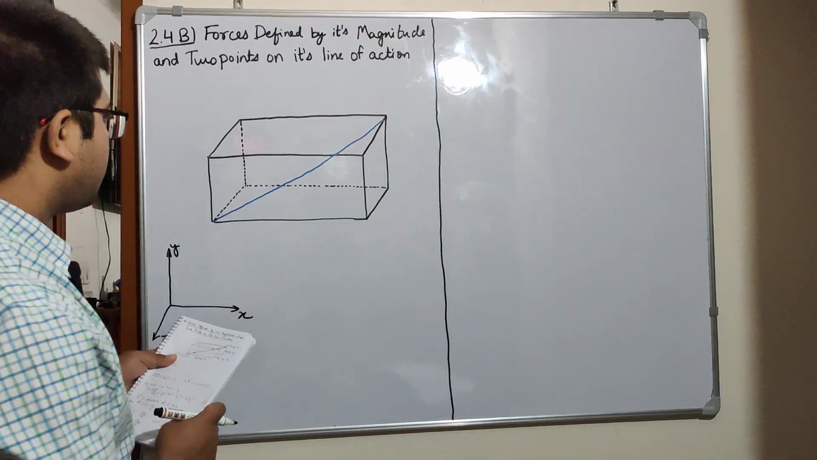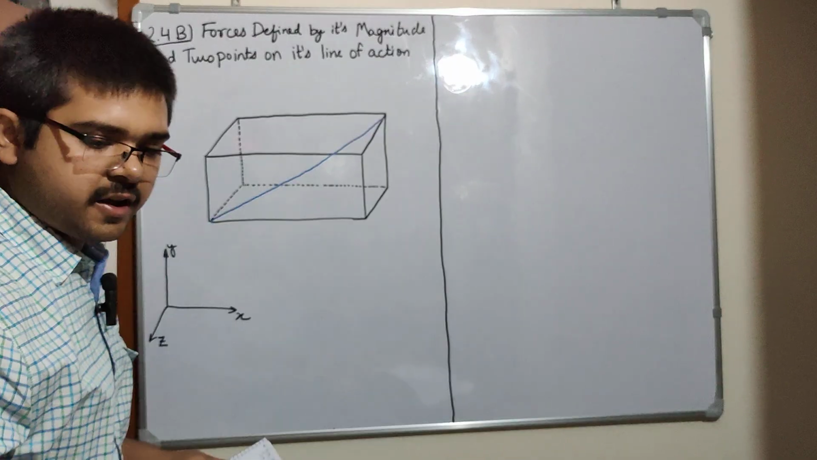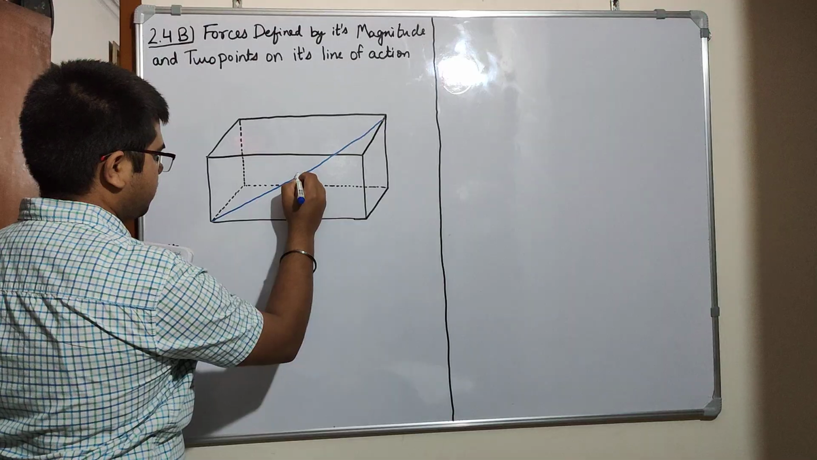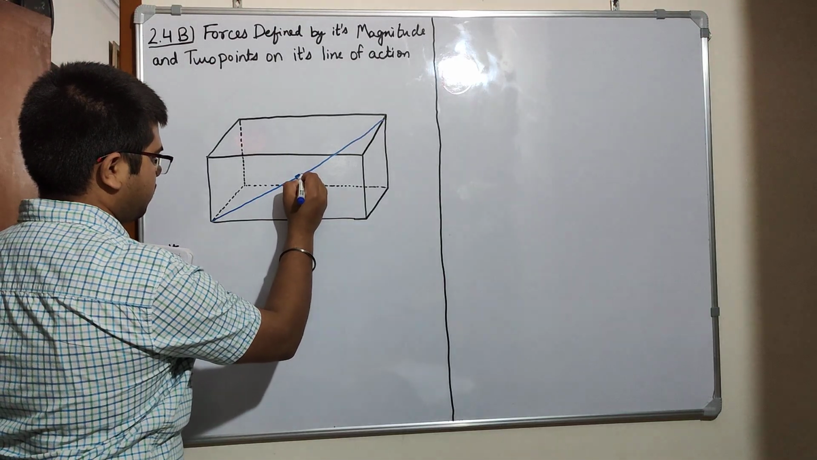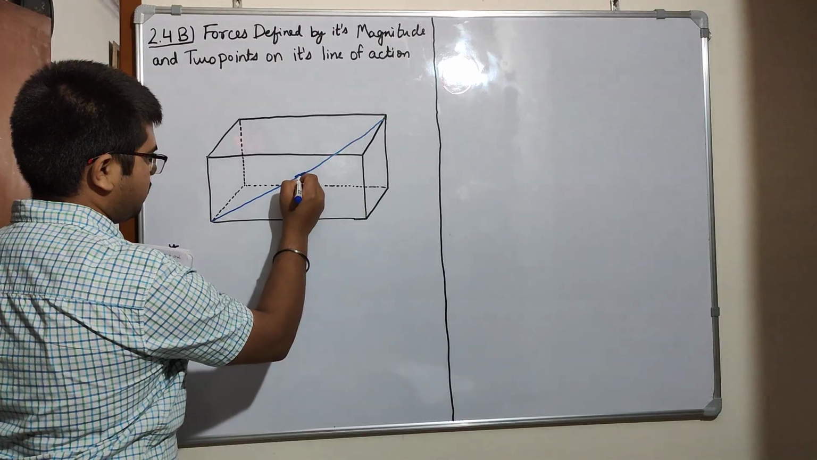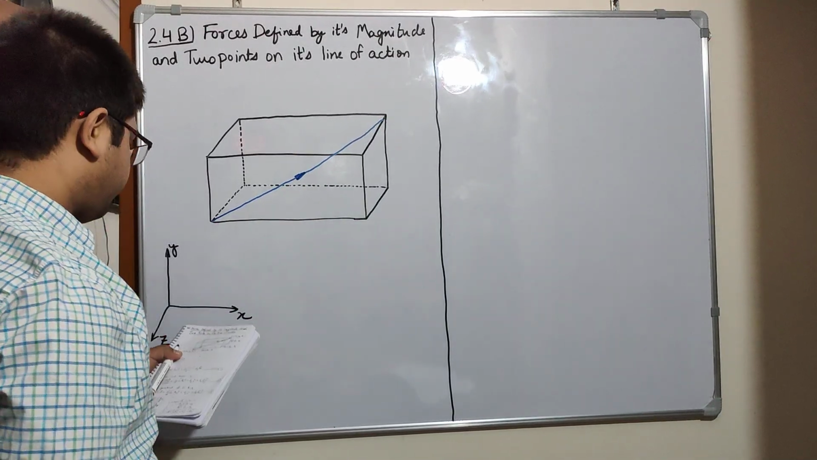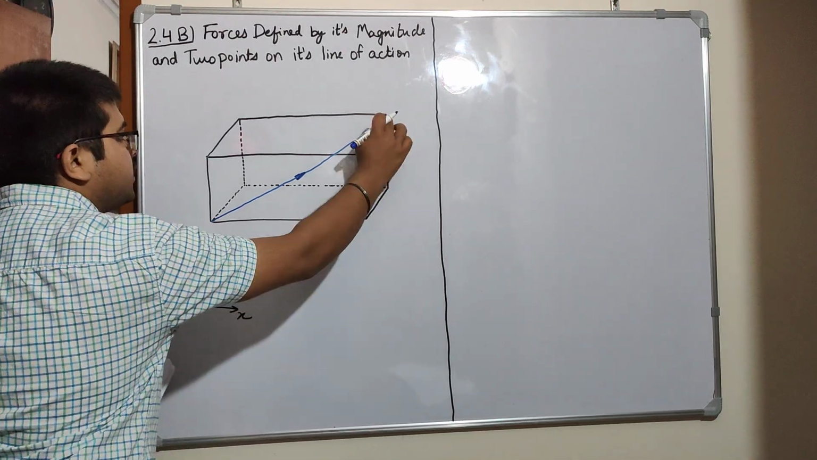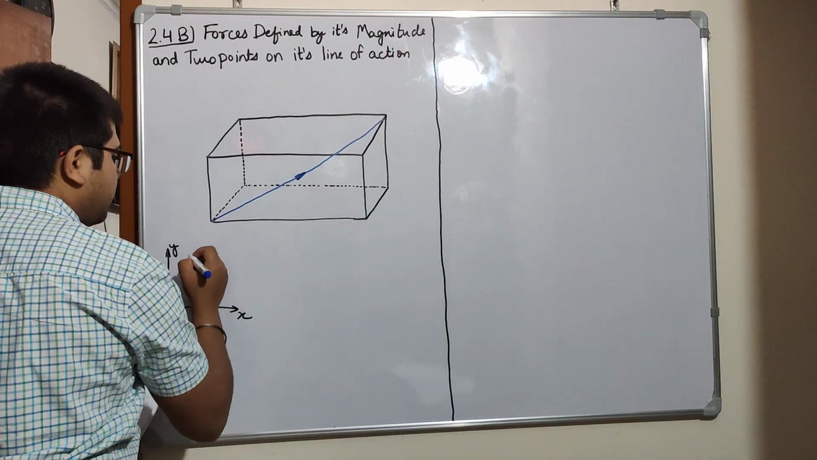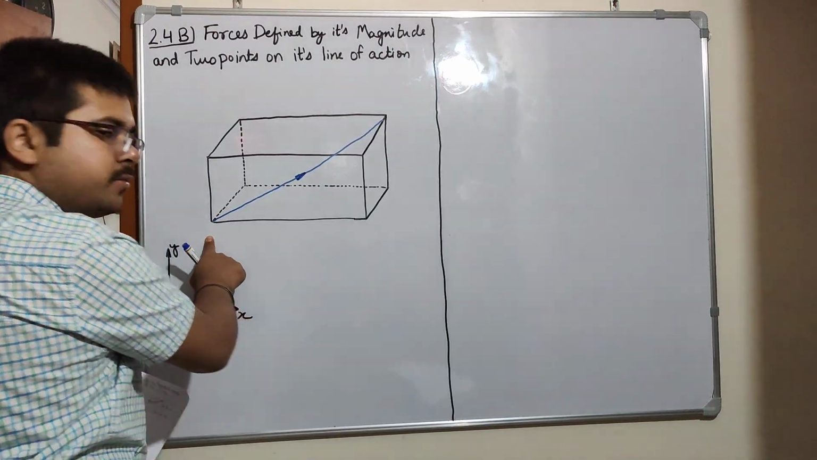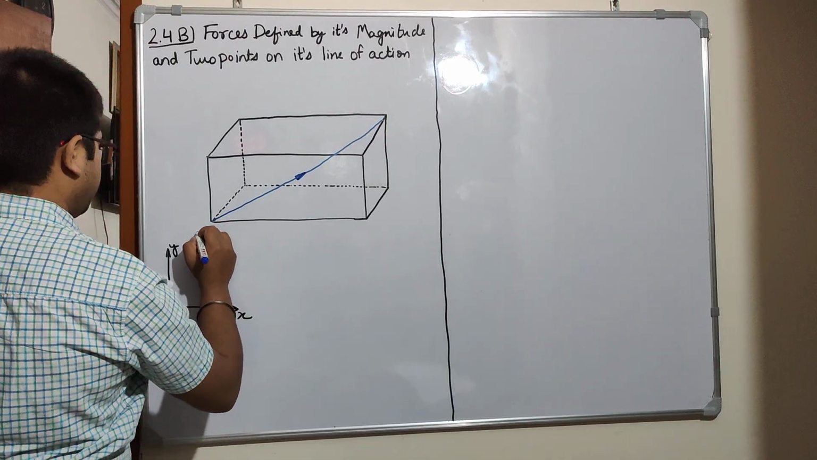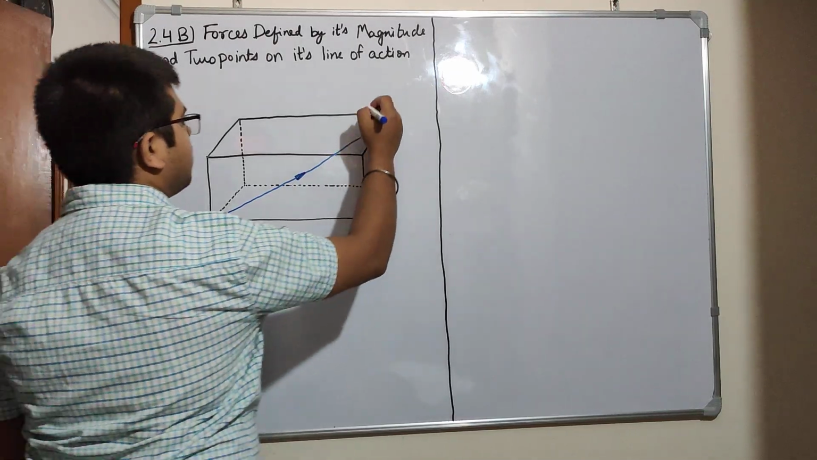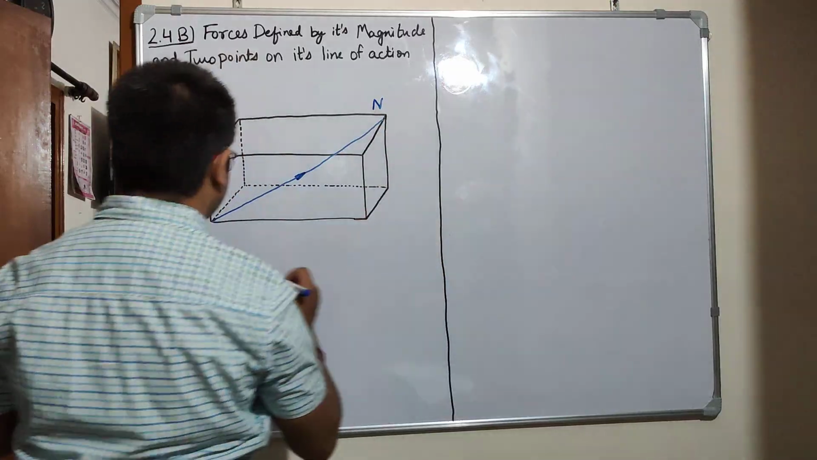Now this is a force F, who is going from point here to here. So I'll just write those 2 points. Those 2 points are M and N, whose coordinates are